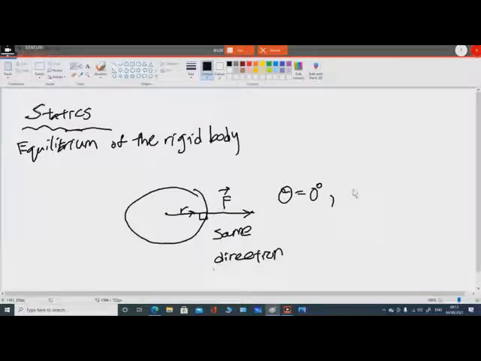So the resultant torque is RF sine theta. This will give us 0 torque, and there will be no rotational motion for this rotational disc. And so we can conclude that